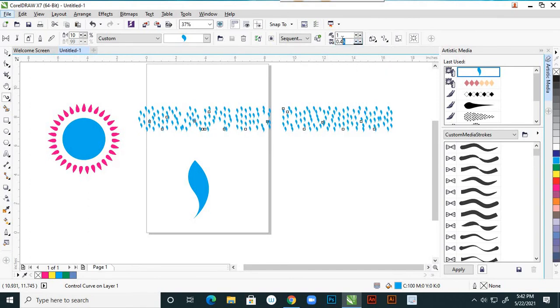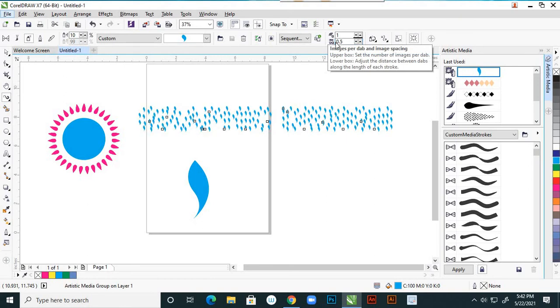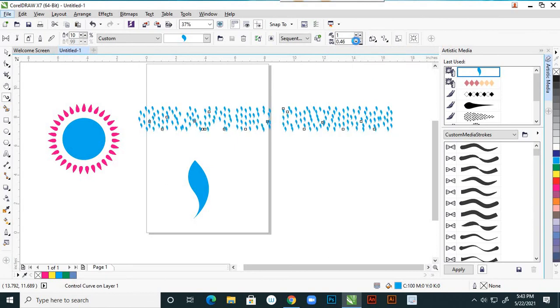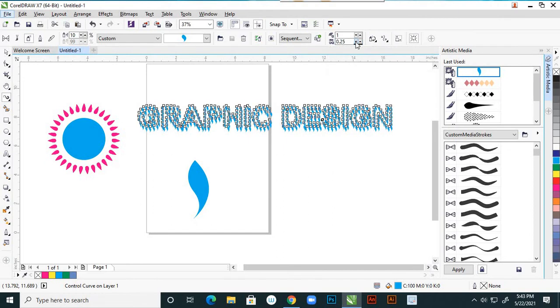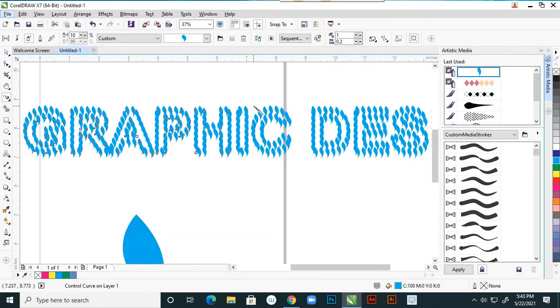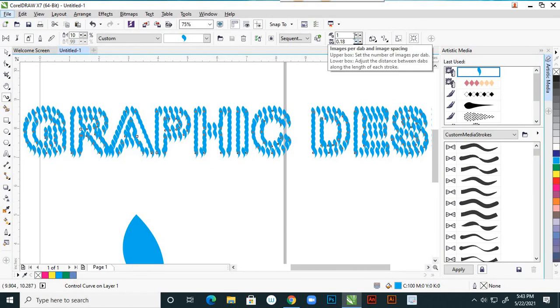So here I am giving 0.5, and it should more or less look like the text. Yes, now it is forming into text. See, this is nice, right? Perfect. Here you can zoom this and apply that value, more value, and here you reduce this gap.